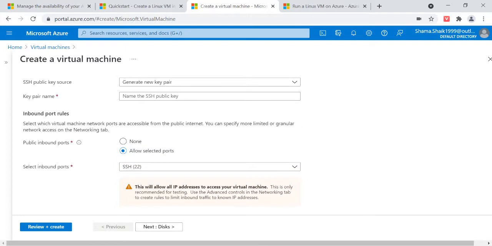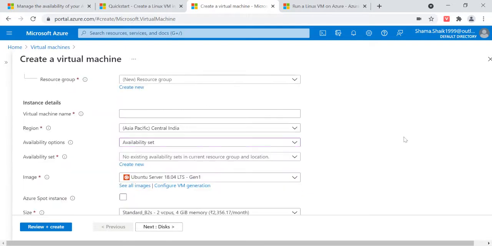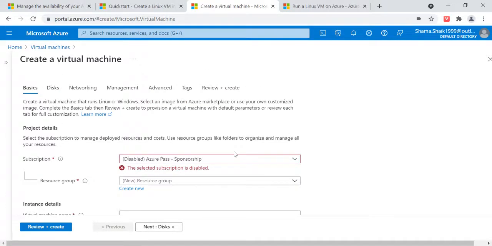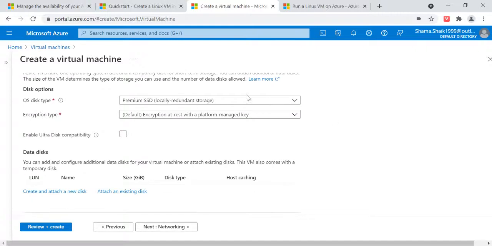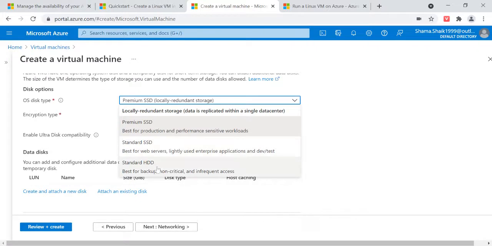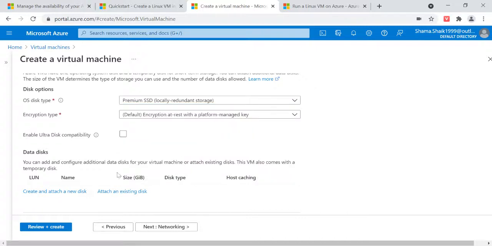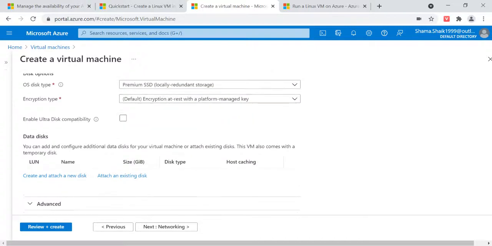Coming to the next tab, that is disks. Here we have the disk options: premium SSD, standard SSD and standard HDD, which is best for production. Different types are best for different things, so select based upon your requirement. And next, we have the encryption type. And coming to the advanced things, we have